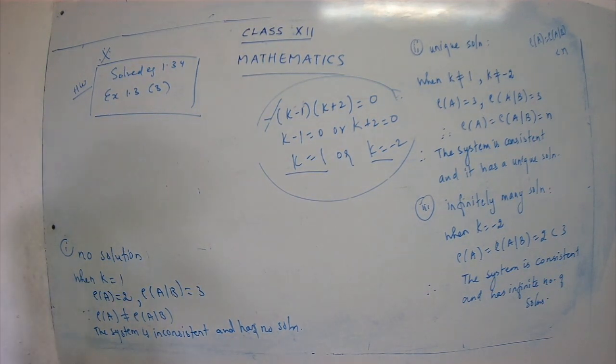Okay. Now just come to page 43. You can see over there you have some dark blue lines. Can you see, children? Yes. So let's read the first statement. By Rouché-Capelli theorem, any system of homogeneous linear equations is always consistent. So that is for exercise 1.7. Just take your exercise 1.7, it is given on page 47.